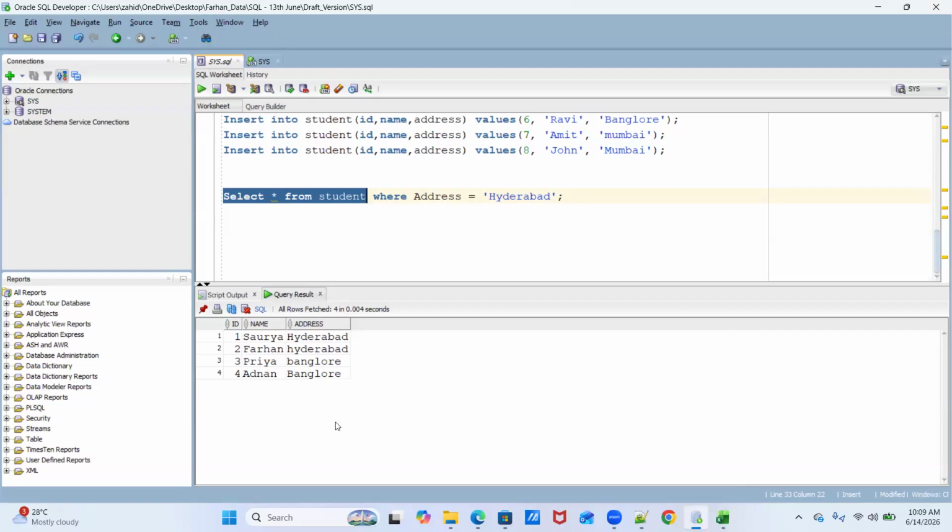But again, let me clarify: we are not changing anything in the database, in this table. Just for display purposes, just to extract the output in that format, or just to filter, or to do some operation, you are changing the case.